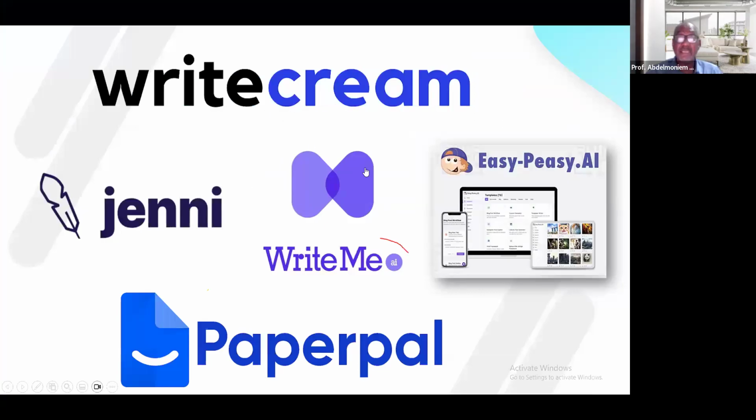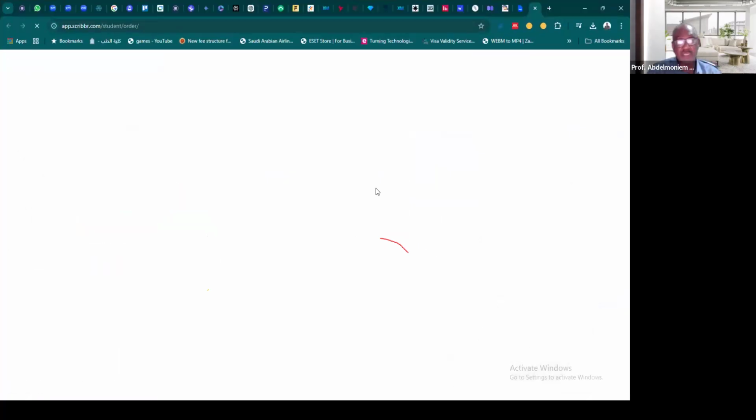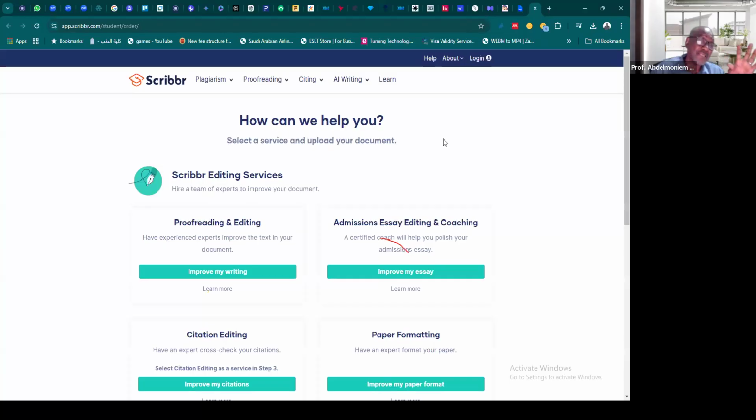So finally, these are the new AI tools: Writescream, Jenni, WriteMe, Easy Peasy, and PaperPal. Scriber is a suite, and this is a beautiful suite. It helps researchers. It's free to a great extent. It asks for money only when you want a lot more features.